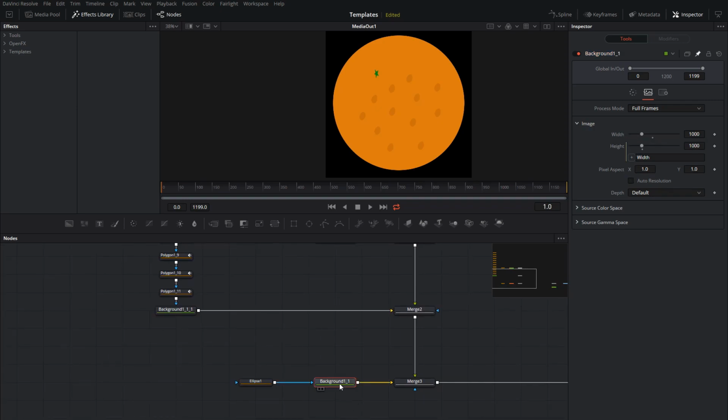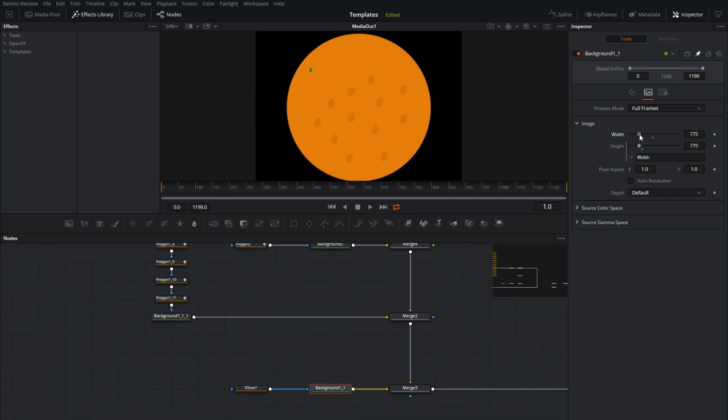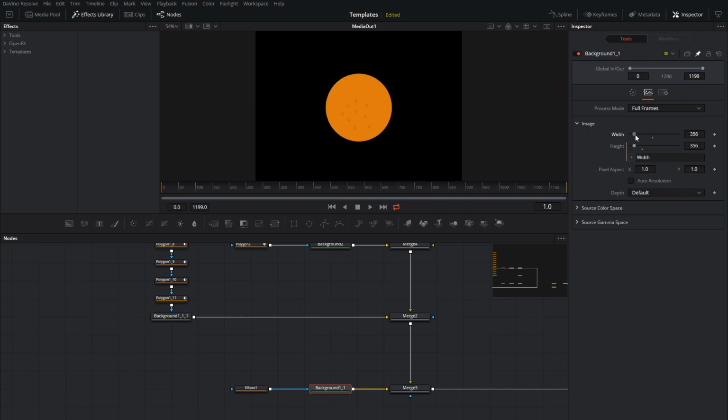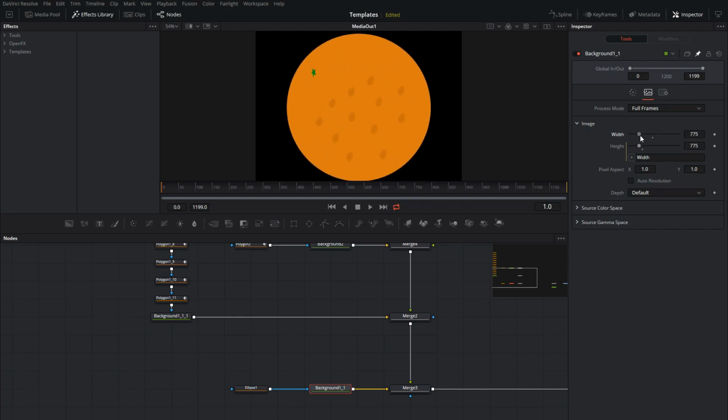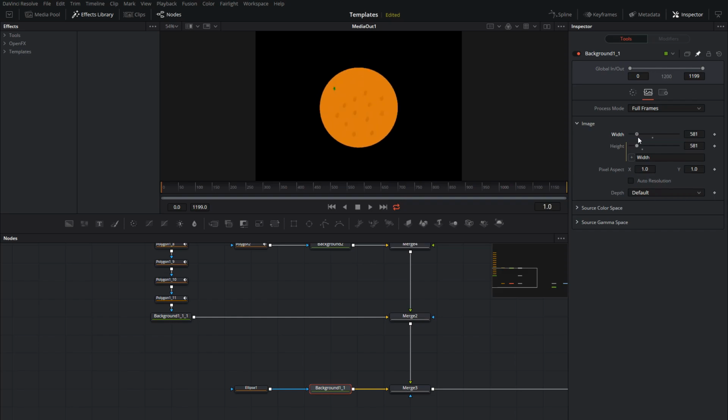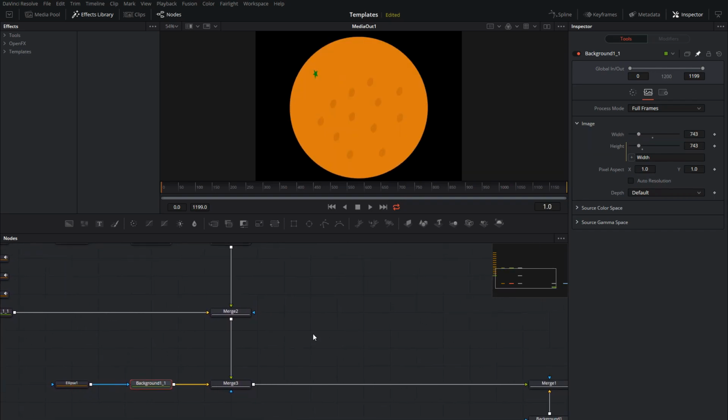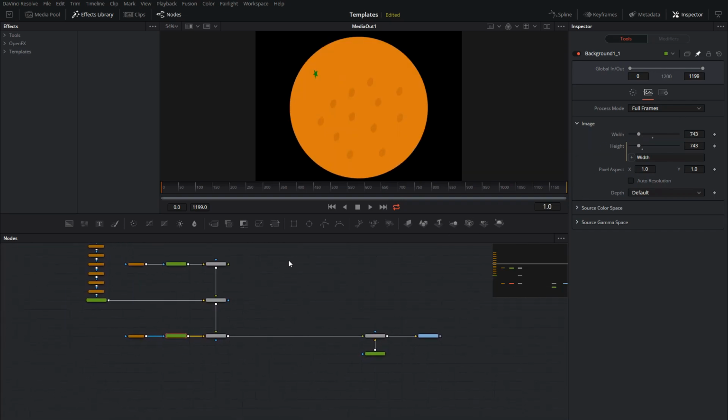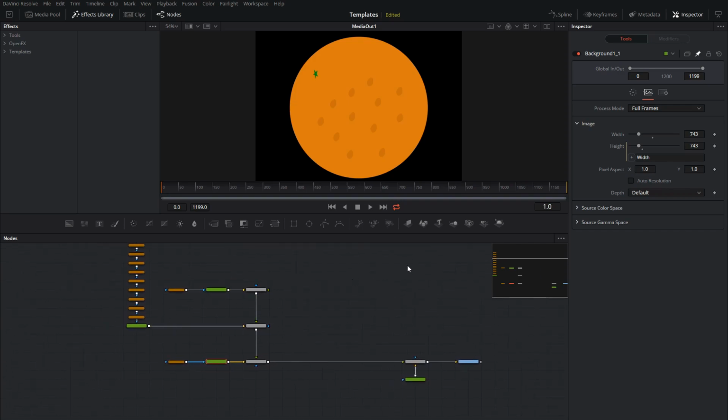What we got here, now when I enlarge this one, all the other nodes are getting bigger and smaller. And this is how you connect other nodes using expression. Very simple